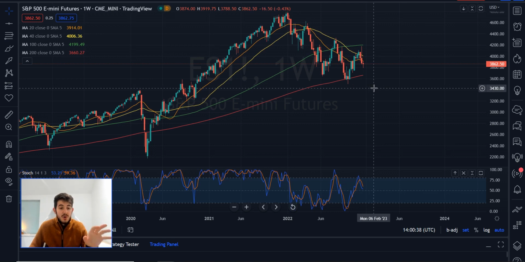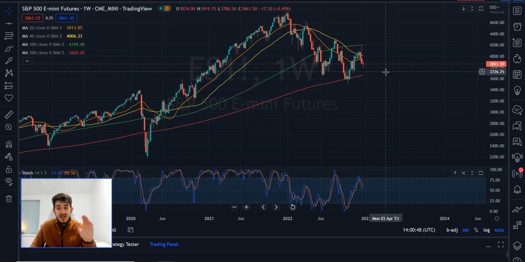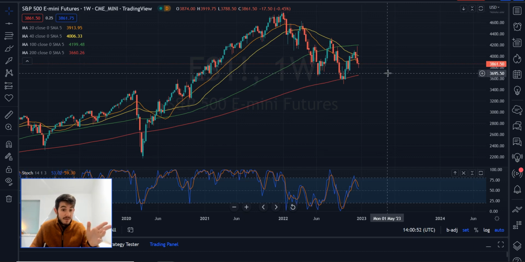So lots of reports currently are saying inflation will be under control by X, Y, Z. The market could drag down because we haven't quite got it yet. But in any case, if you just space your positions out, drop your size, use price action levels, you will survive that market and you'll remain solvent and you'll continue to take profit.